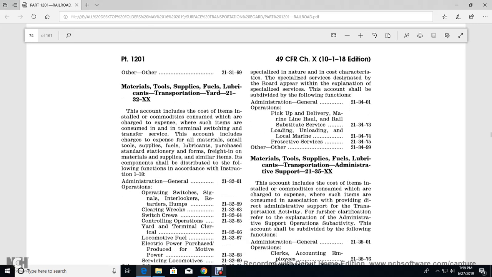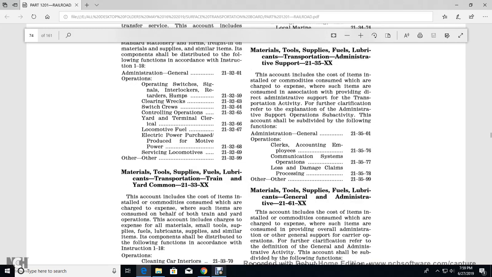Administrator, the general operating switch of the signal with the interlocking, retarder humpers, the clear record, switching crew, the clear control operating the yard, terminal clerical, locomotive fuel, electrical power purchase, and motive power signal, servicing locomotive, and other materials, tools, supplies, fuel, lubricants, transportation, train yard, common 2133, train double X. The account includes the cost of the commodities consumed, the expense of the items consumed,